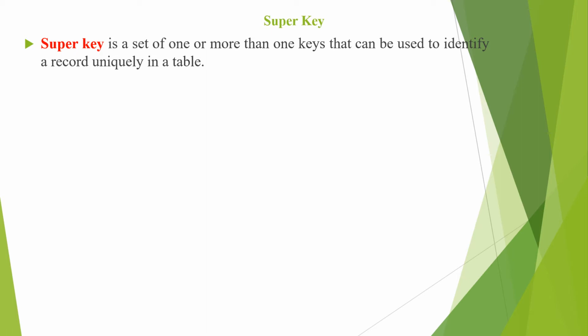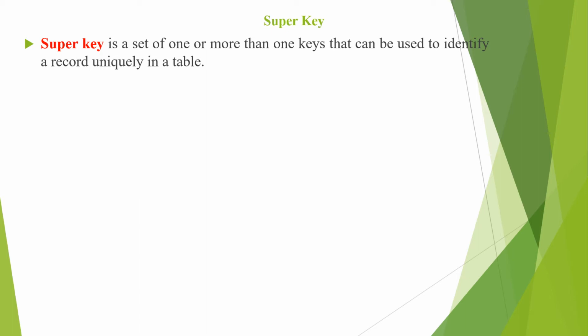So for example, in a student table, the student USN is there and as well as student mobile numbers are there. If you want to combine these two together, then we will call it a super key. Means the set of one or more than one keys that can be used to identify a record uniquely in a table. For example, when we want to fetch a particular data from the database, in that case we need identifiers, that is nothing but uniquely identifying attribute values.